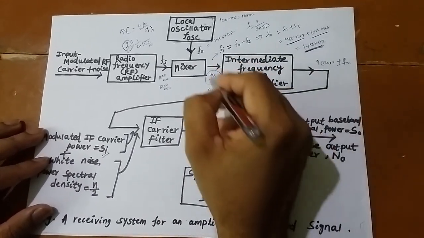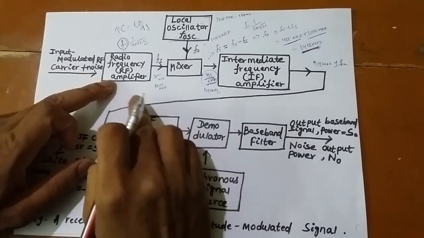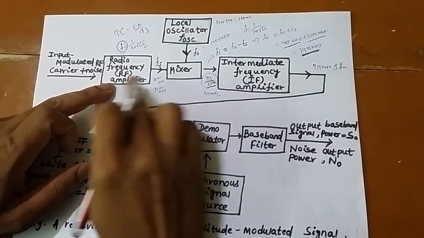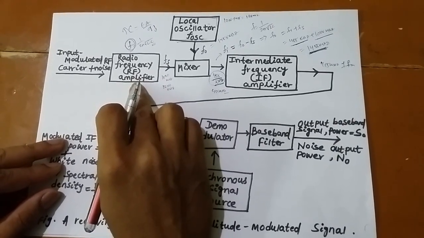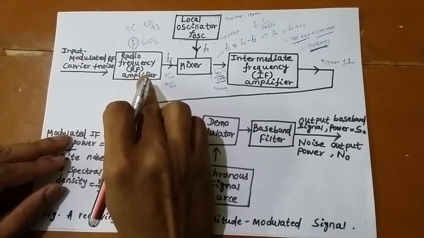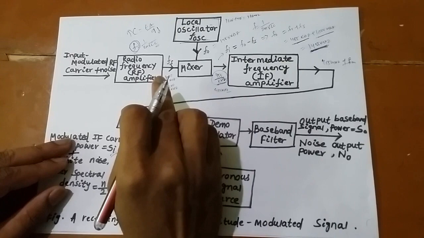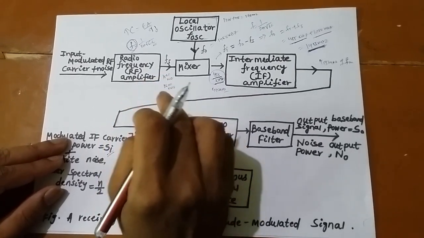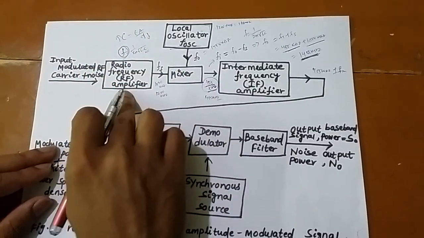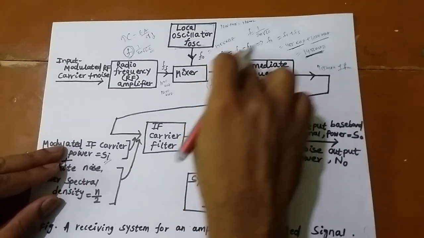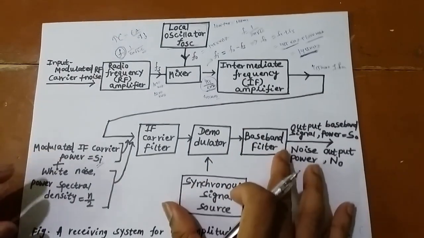Now this intermediate frequency signal should be amplified by an IF amplifier. Why are there two amplifiers here? You can say one amplifier can serve the purpose, but in your analog electronic circuits course you have studied that for the frequency response of a BJT, a particular amplifier has a particular range of frequency it can amplify. So for the RF stage, this amplifier is best. For amplifying the IF frequency, this amplifier is the best. So we have separate amplifiers.